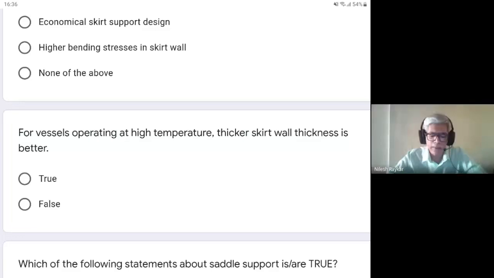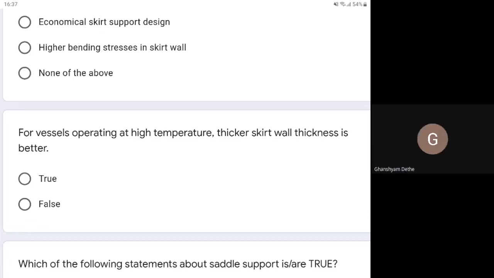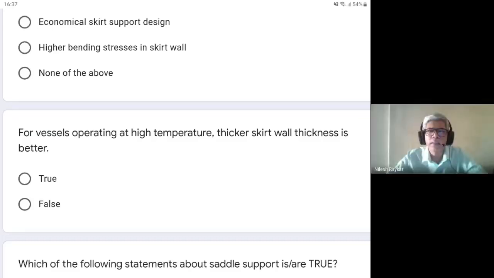Okay, so why thin? In the sense, some thickness will come out, but if it is thin, it is better, or thick, it is better. So you are saying thin is better. So why is thin better? So if the thickness is thin, then it can adjust itself during the temperature change. How will it adjust itself?